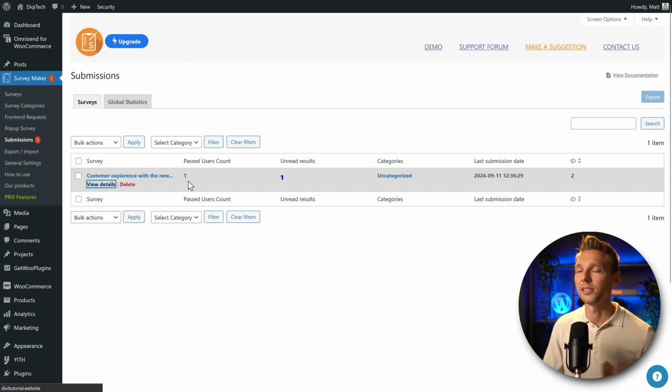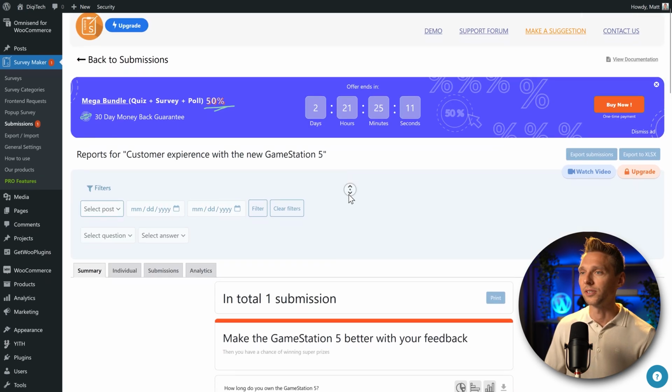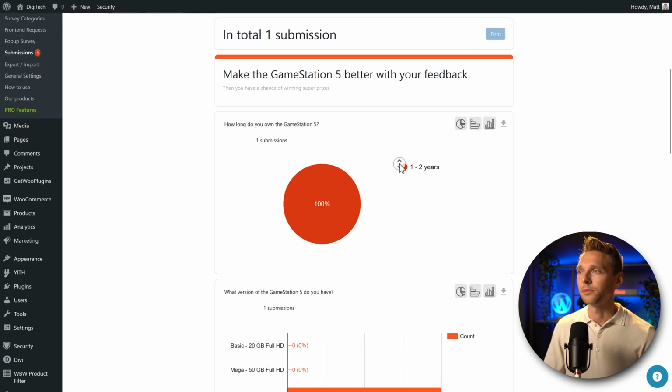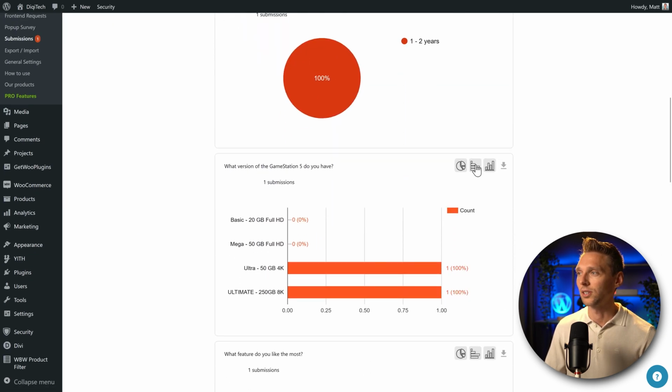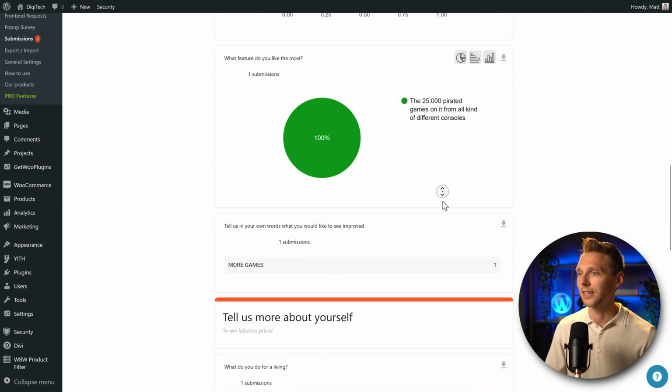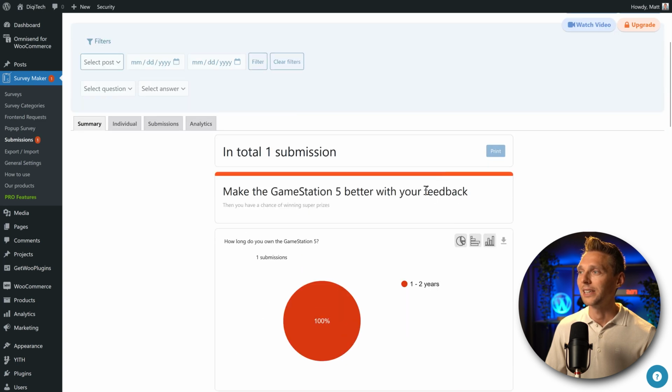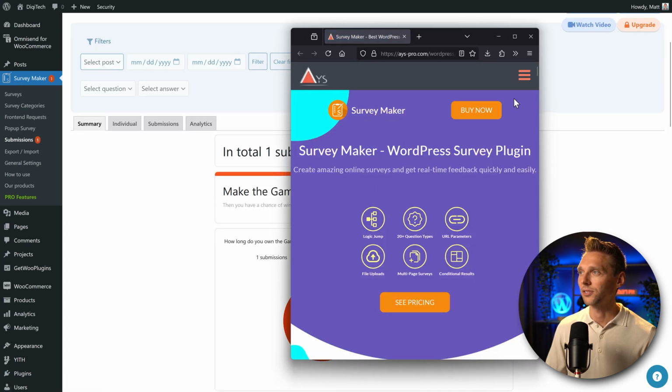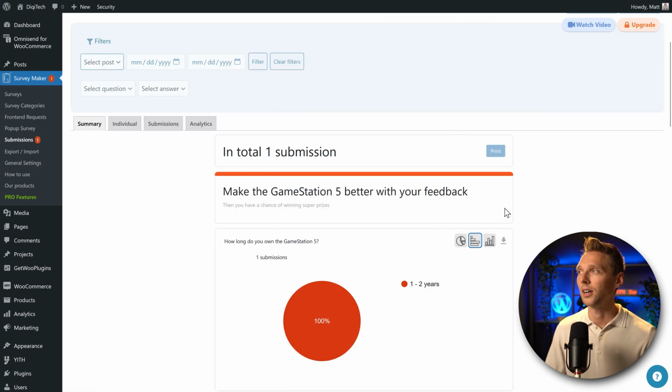We can view the details in here. Well, it's very nice. Wow, you can see a pie chart and in here are horizontal bars. And in here again a pie chart. This is really amazing. And if I want to switch to the horizontal, I have to buy a Pro version. Of course they do have to make money somewhere.